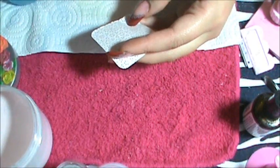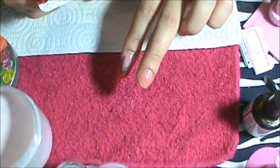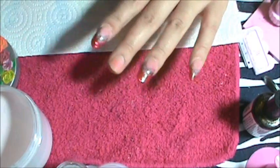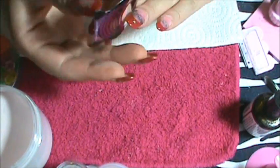So don't look that much at the nail design, because it's not the most awesome nail design ever. But what I like about this is that I'm explaining to you guys the way that I do it without damaging my nail beds, because removing your nails very often does damage your nail beds. So since I don't want the deep pink, I'm gonna use the cover acrylic, which is